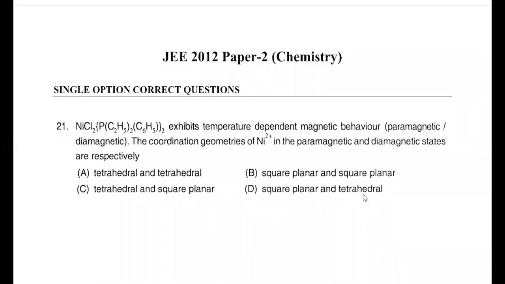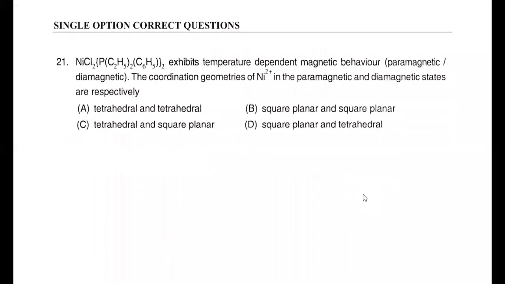So next paper we are discussing is 2012, JEE Advanced, Paper 2 of Chemistry. First question is: given NiCl2(PEt3)2 or NiCl2(PPh3)2 exhibits a temperature dependent paramagnetic behavior. That means it is either paramagnetic or diamagnetic, that depends on temperature. The coordination geometries of nickel in the paramagnetic and diamagnetic states are,